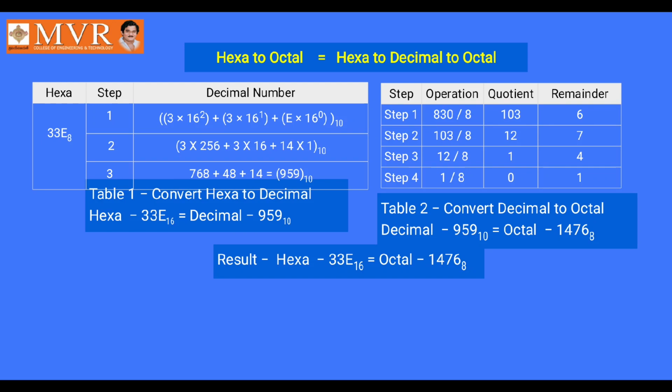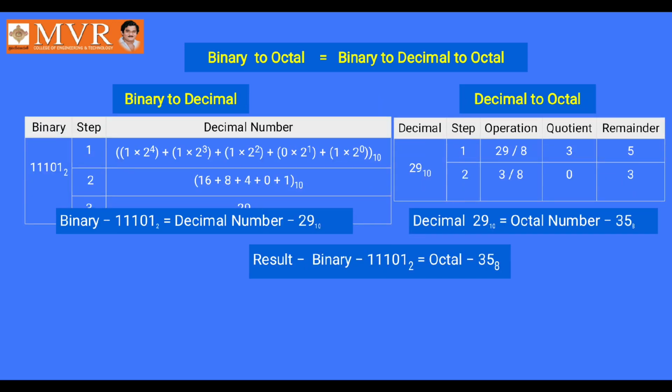In the next slide, you just see binary to octal. How a binary number will be converted to octal. So here 11101 binary number is given. First this binary number is converted into decimal number. We got the result as 29. Same procedure, multiplication. The same value we considered in the binary to decimal example; the same table is taken here for your easy consideration.